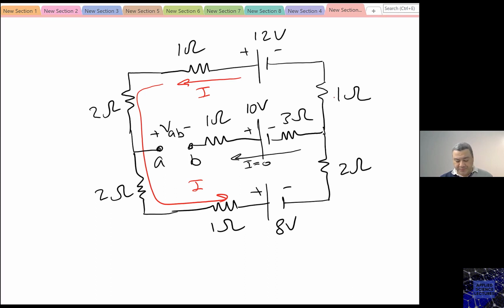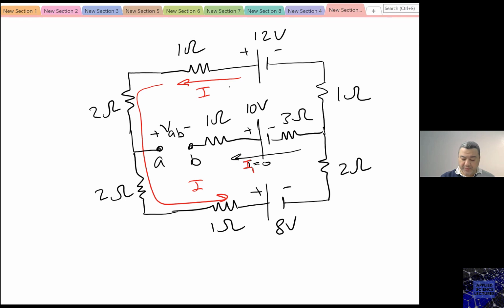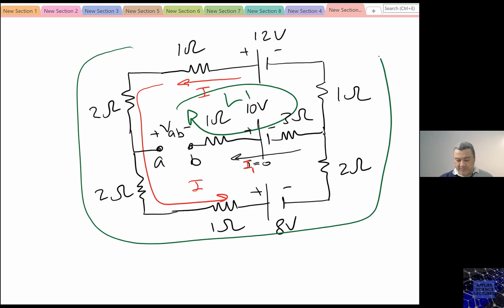So this is I. Now, if I assume this one I1, just for the sake of writing the KVL equations, and it is 0, then if I take, for example, this loop as L1 and this one as L2,